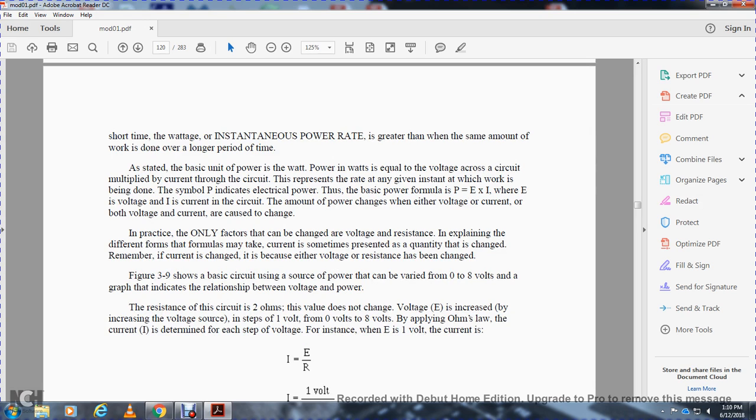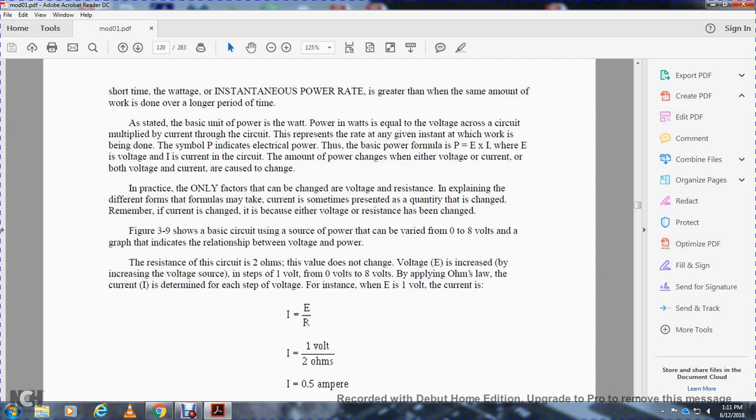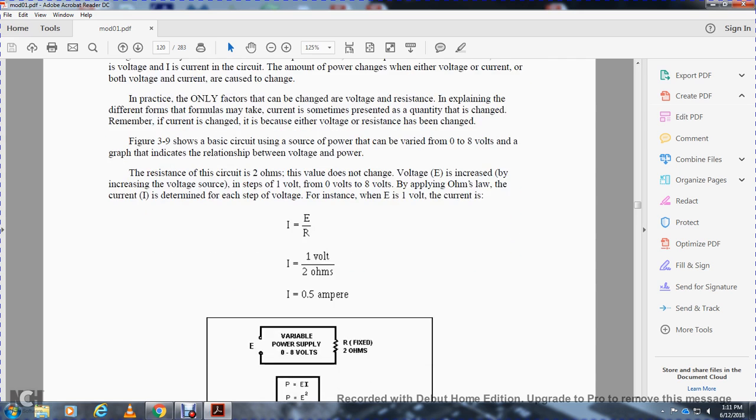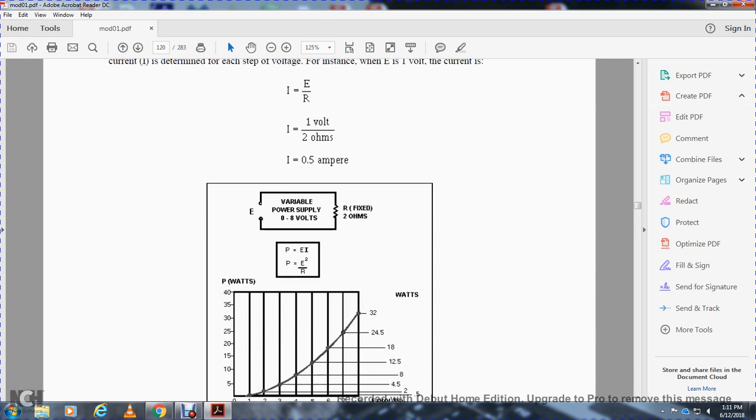The voltage E is increased by increasing the voltage source up 1 volt at a time, from 0 to 8 volts. By applying Ohm's law, the current in amperes is determined at each step of the voltage. For instance, for a voltage of 1 volt, the current is equal to the voltage over the resistance, or amps is equal to 1 over 2 ohms, or half an ampere. You have your variable, E, which is your voltage, and a resistor of 2 ohms. The power supply would be